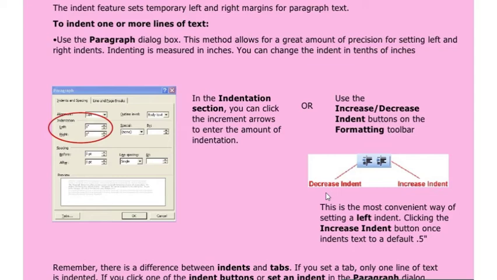You can change the indent in tenths of inches. Now for using the indent, in the indentation section, you can click the increment arrow, that is upward, to enter the amount of indentation, or use the increase and decrease indent buttons on the formatting toolbar.